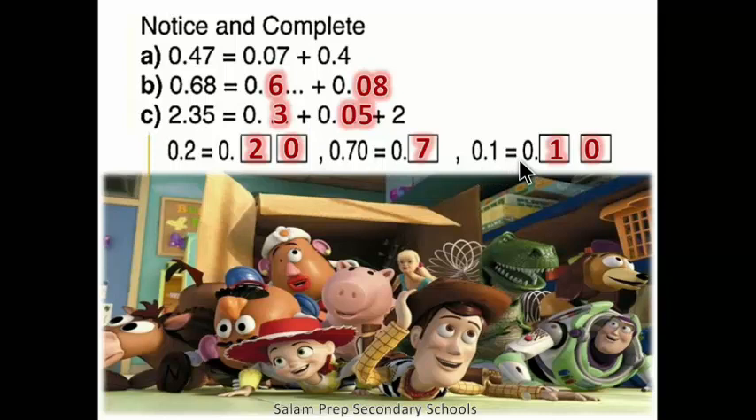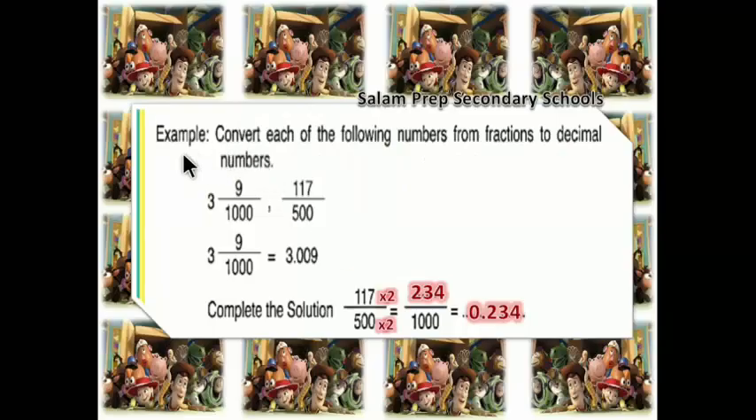0.1 equal 0.10. Example. Convert each of the following numbers from fractions to decimal numbers. This is a mixed number, okay? 3 and 9 over 1000. This is a proper fraction,